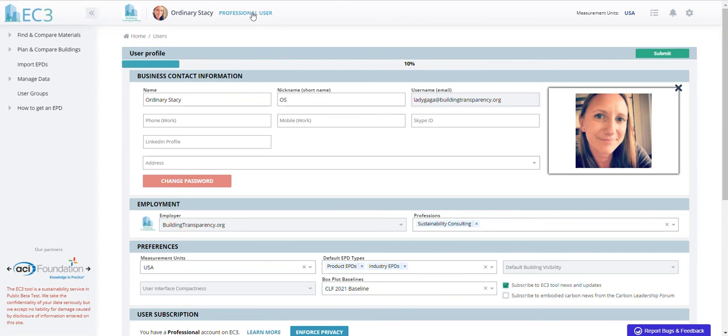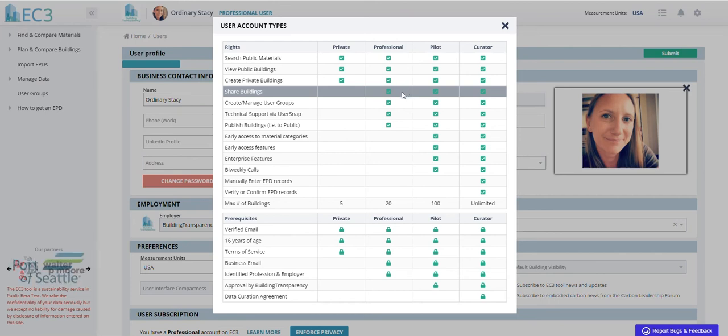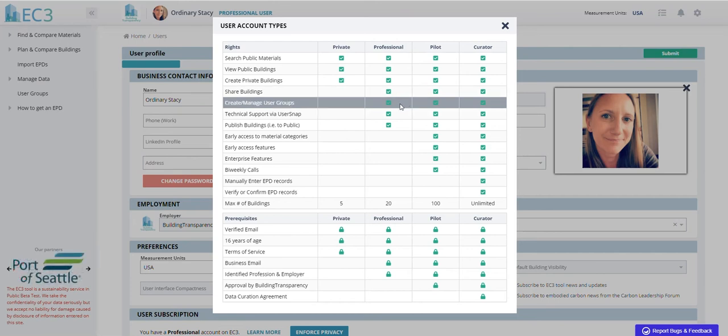You'll see if I click on this professional user where it's telling me what I am, it'll bring up the user account types. Your user account will default to private until you have set your organization or employer and profession. This is based on just privacy rules around what we can share. When we know you're a professional user tied to a professional email address, this enables you to be able to share buildings from the project planner, create and manage user groups for sharing,